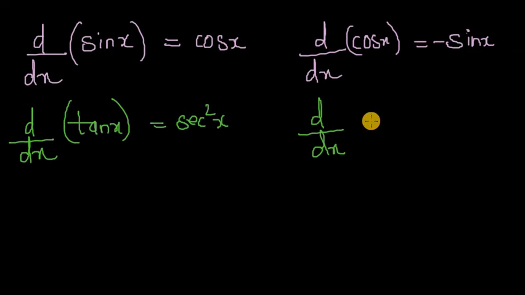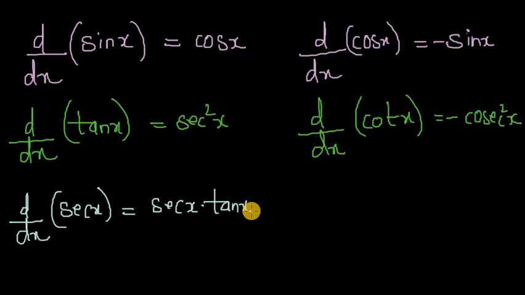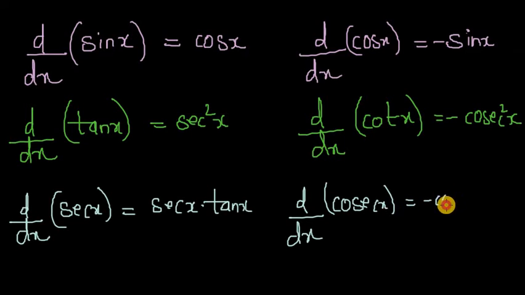Derivative of cot x is minus cosec square x. Derivative of sec x is sec x into tan x. Derivative of cosec x is minus cosec x